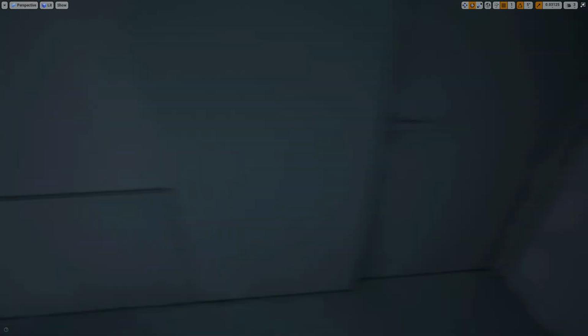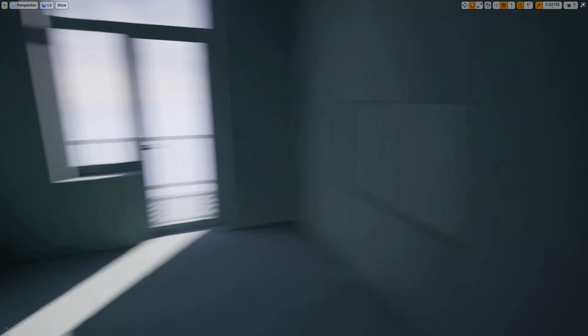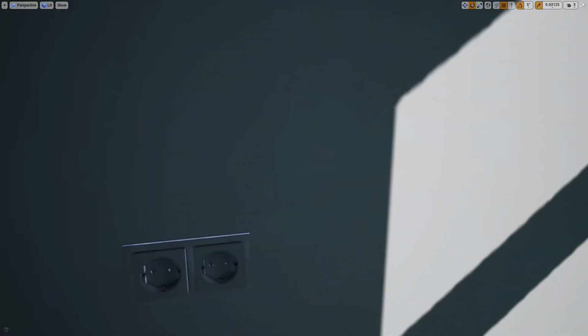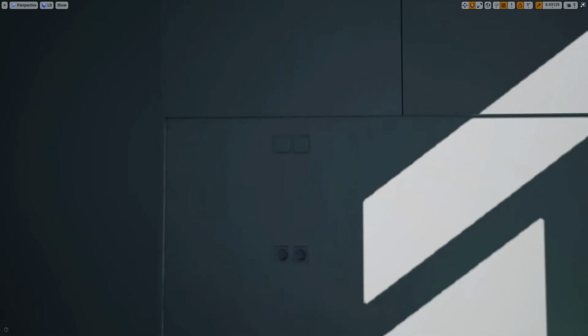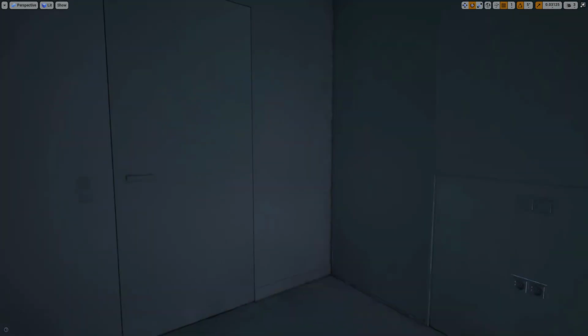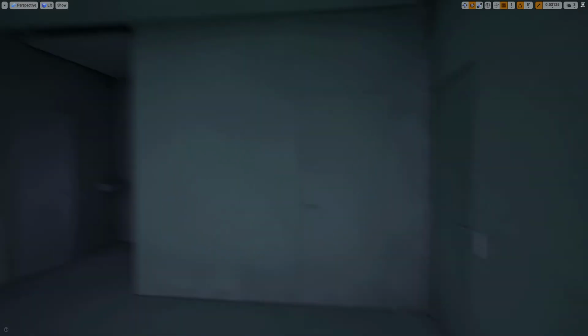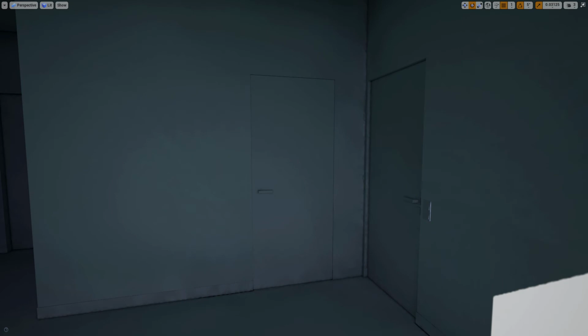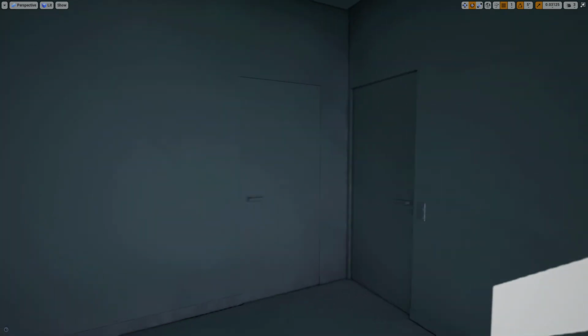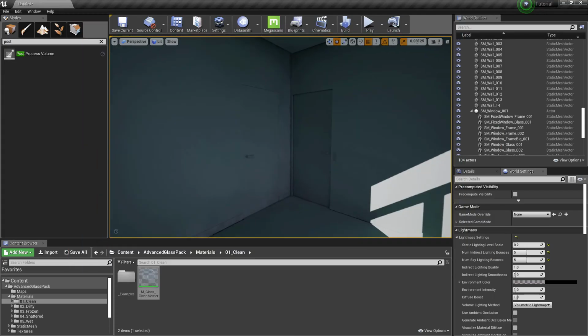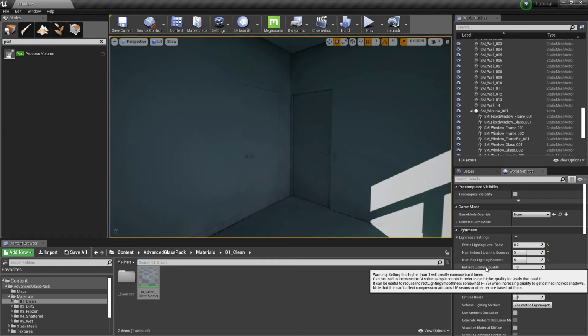We are seeing more details but more noise and some patches as well. Don't worry, all of these artifacts will be gone soon. Let's see indirect lighting quality.